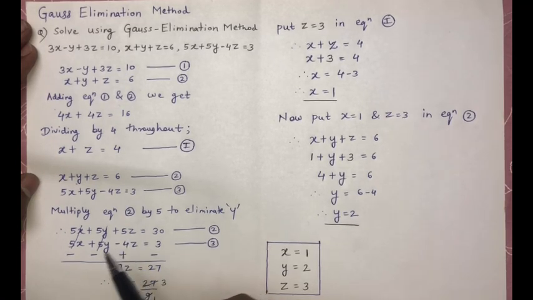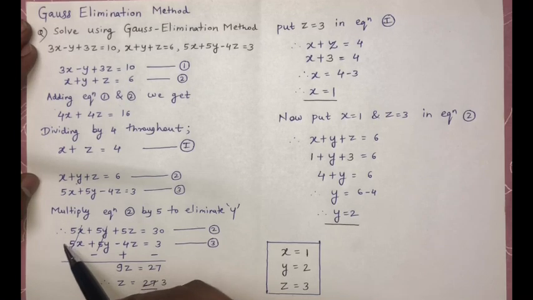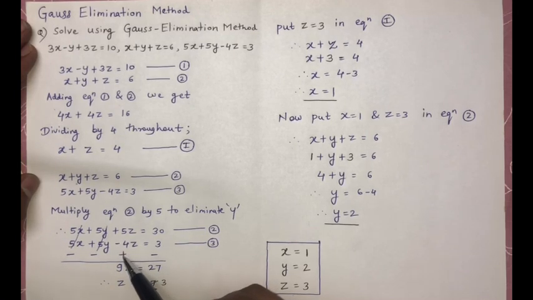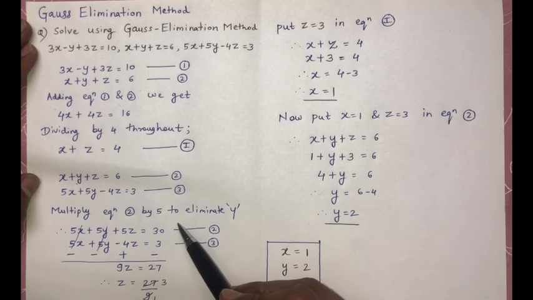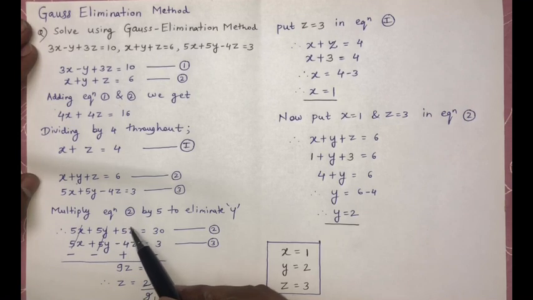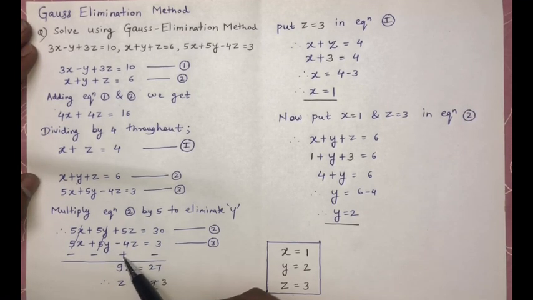Here you will get confused about why I took the different sign. So for plus it will be minus, for plus it will be minus, for minus it will be plus, and again for plus it will be minus. So you have to take the reverse signs. So that's why 5z plus 4z, not 5z minus 4z. Many of the students get confused between addition and subtraction. So you have to always consider the opposite sign, the bottom sign which is shown over here. So 5z plus 4z will become 9z, 30 minus 3 will become 27.